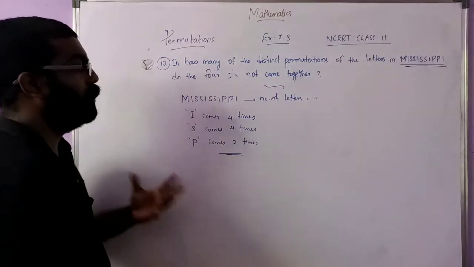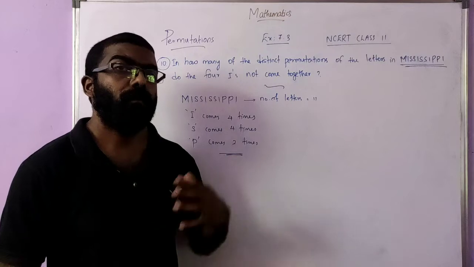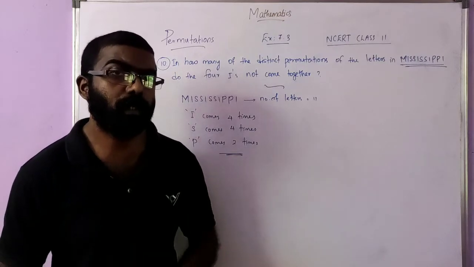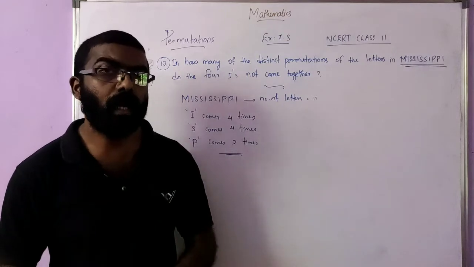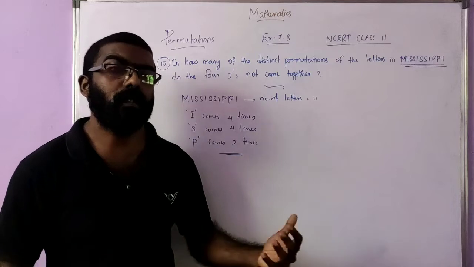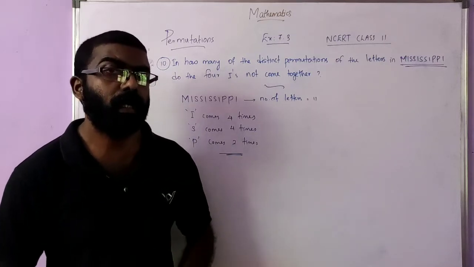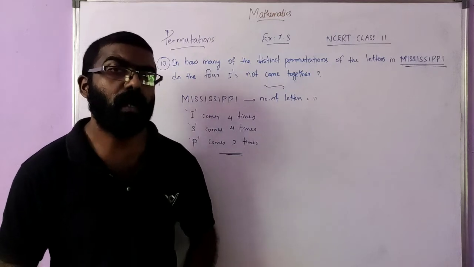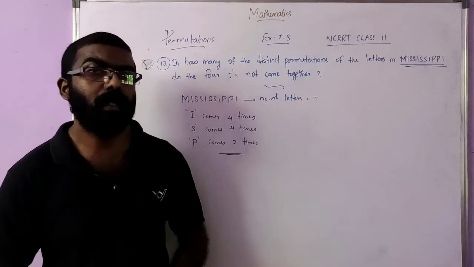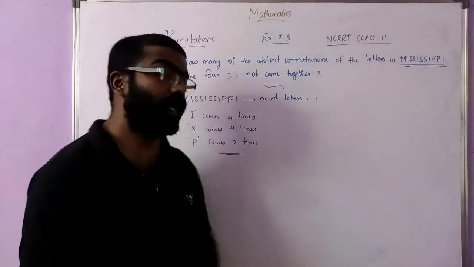Okay, so we can apply the theorem. The permutations in which p1 objects are of first kind and p2 objects are of second kind, etc., pk objects are of the kth kind and rest are of any kind, then the number of permutations will be equal to n factorial by p1 factorial into p2 factorial into p3 factorial, etc., pk factorial. That theorem we can apply here.